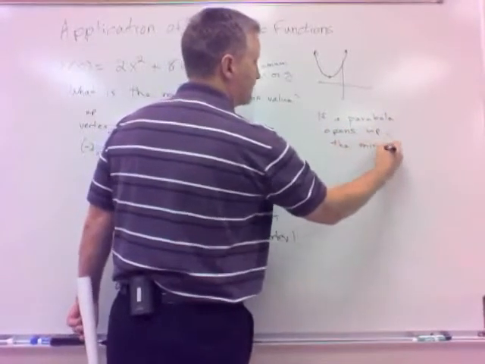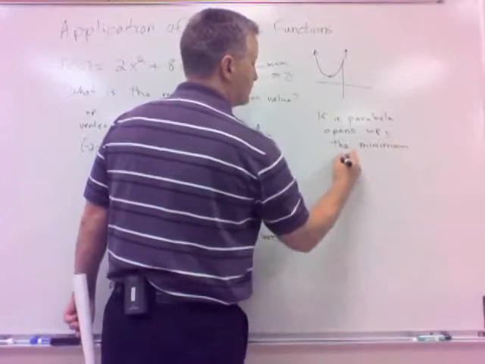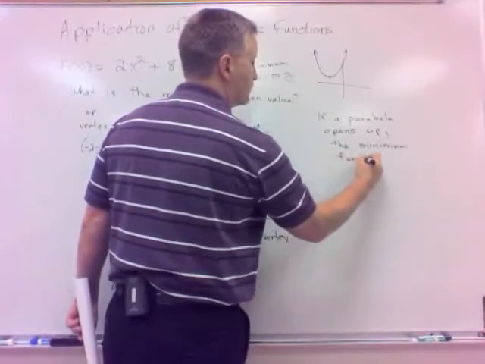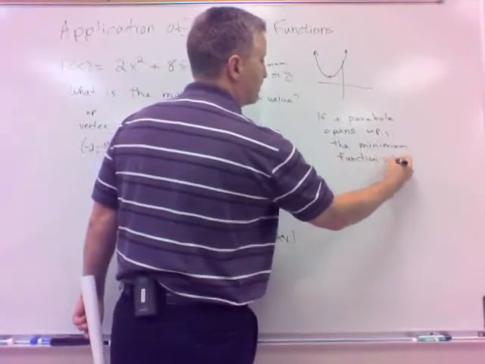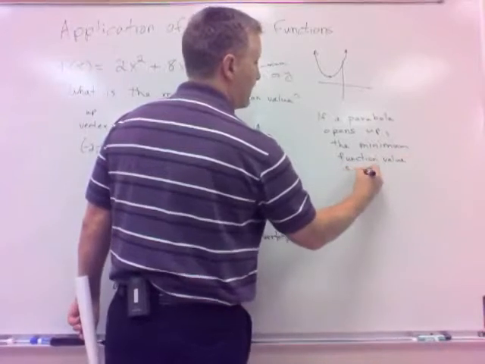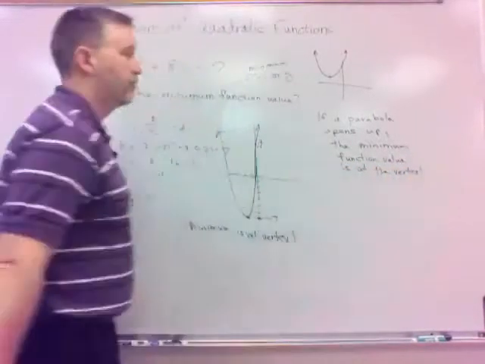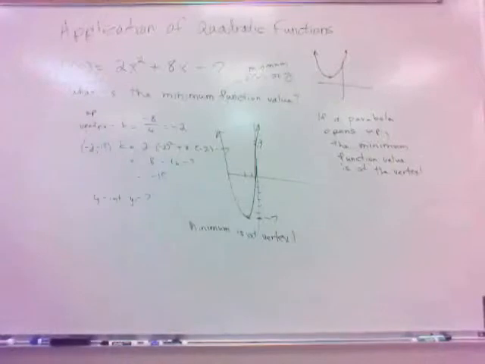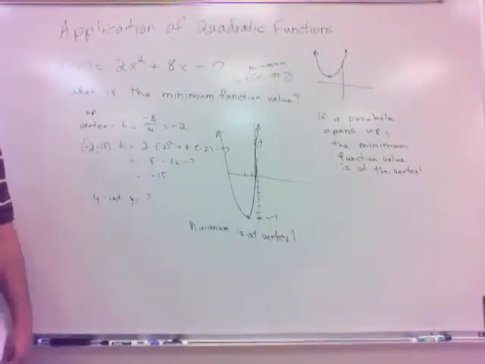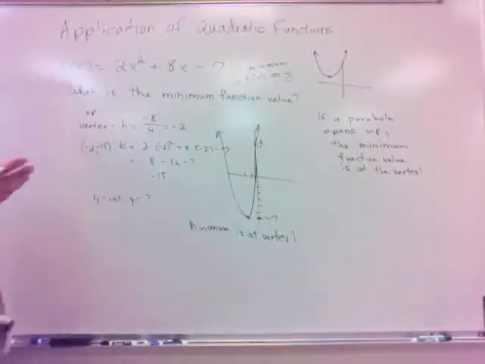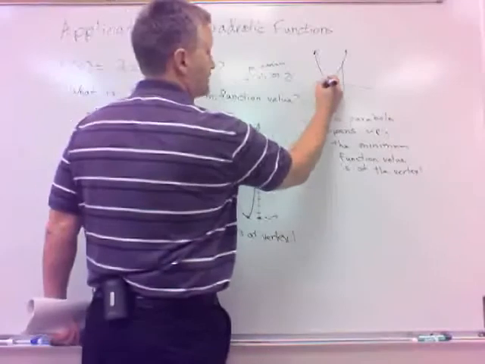The minimum function value is at the vertex. The parabola opens up. And then even more specifically, our vertex is h comma k,